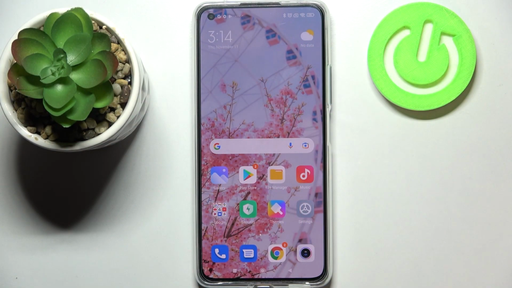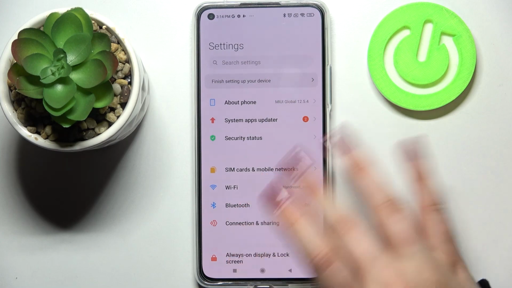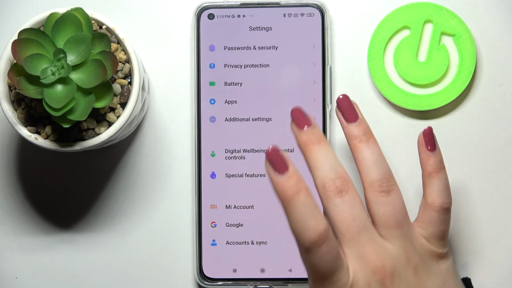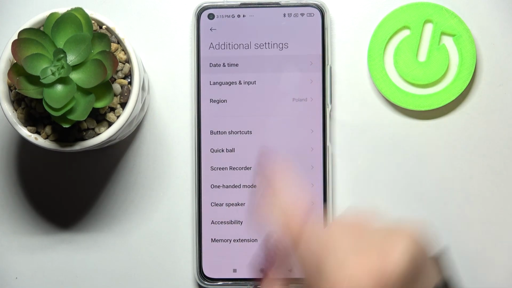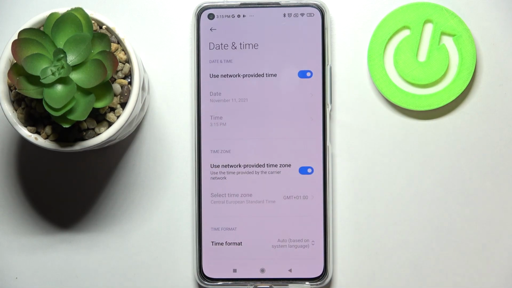Hi everyone, in front of me I've got Xiaomi 11 Lite and let me share with you how to change date and time on this device. So first of all we have to enter the settings, and now let's scroll down to find additional settings. As you can see, on the first position we've got the option we're looking for, so simply tap on it,